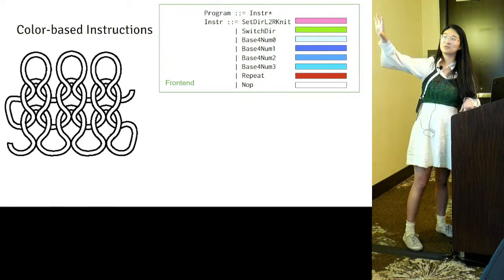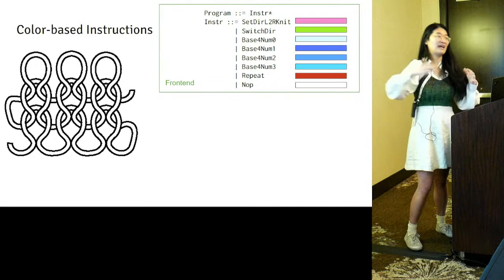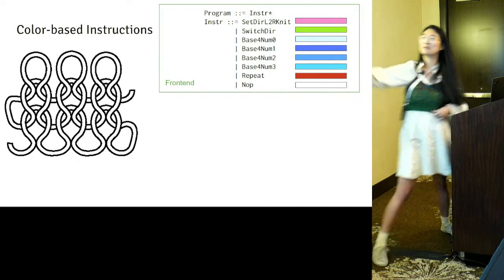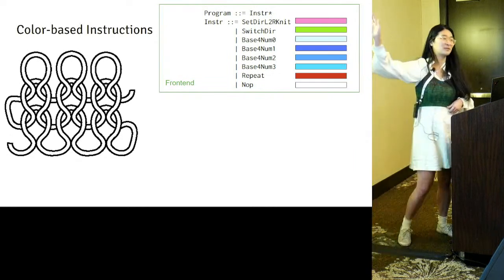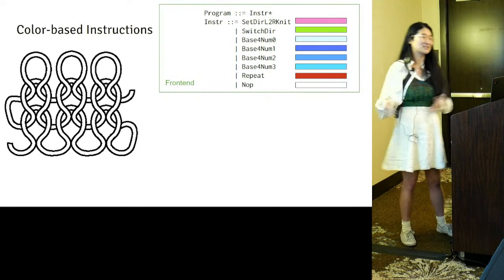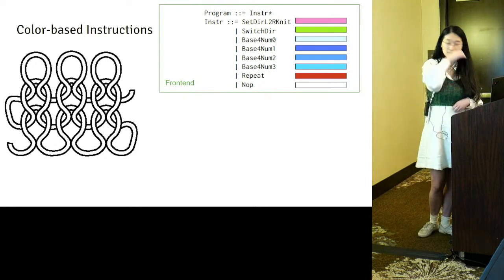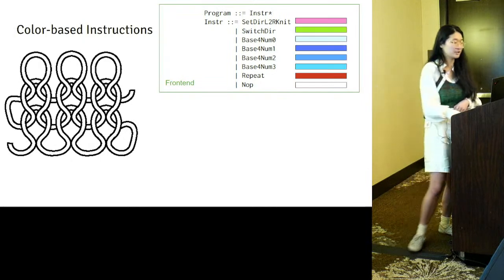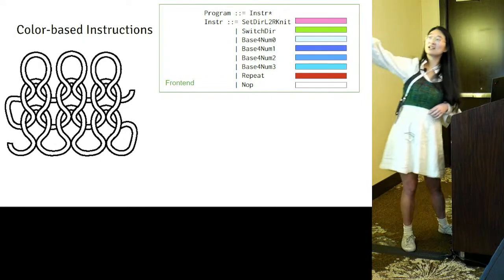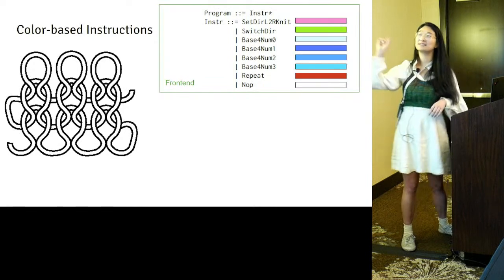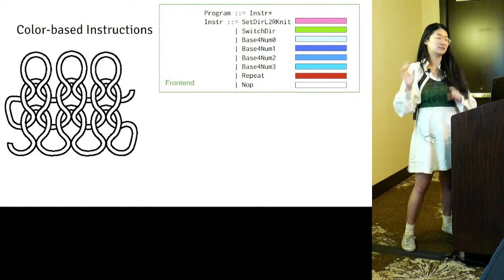And then you've got some machinery for saying knit n stitches, where n is some parameter that is specified in base 4. I chose base 4 because there are 10 carriers on our machine, so I don't want to use them all just to represent numbers. So this is a really straightforward way to specify what we're going to do. And then you can see we've got these color assignments. If I see a pink stitch, I know I'm going to set the direction from left to right. If I see a green stitch, I know I'm going to switch directions, and so on and so forth.